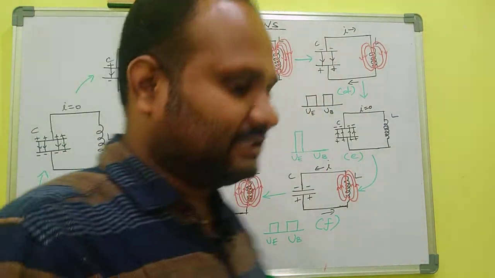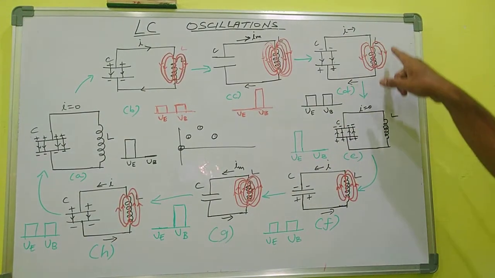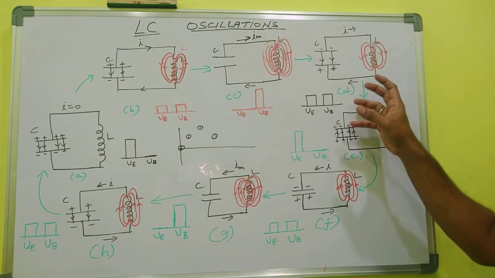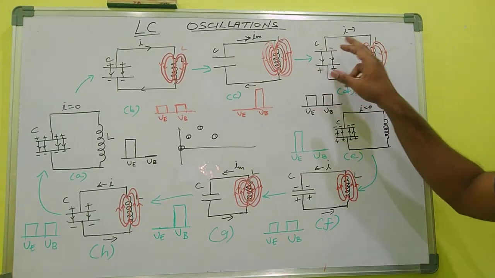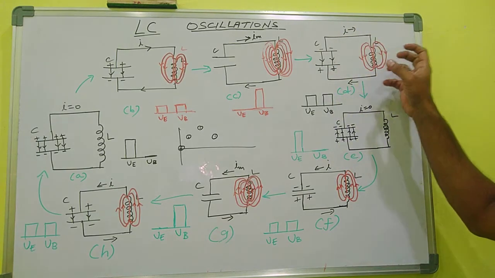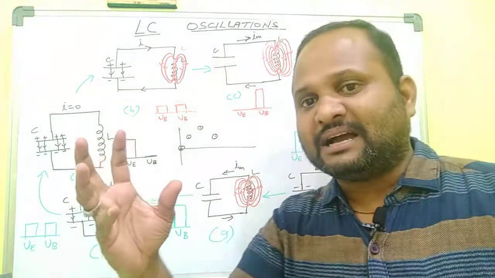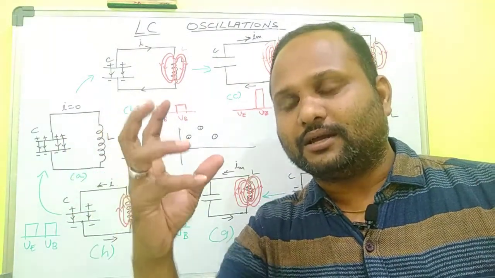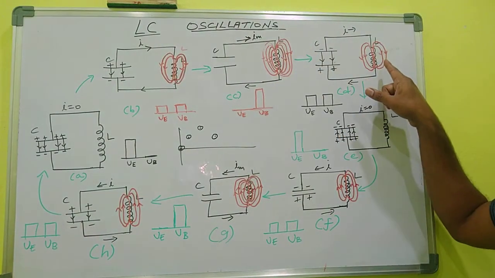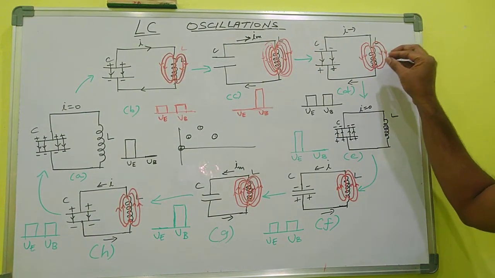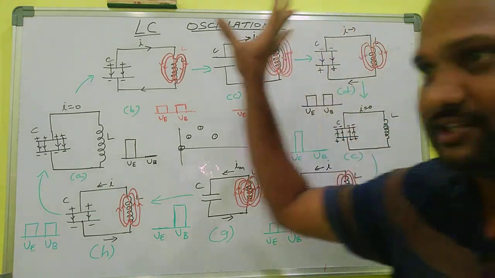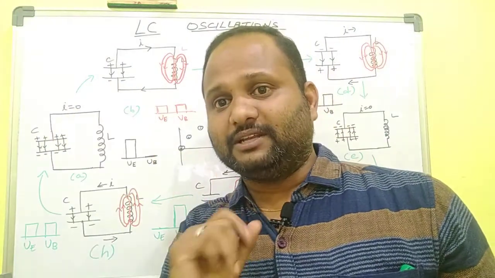Here the current decreases, but it is moving in the same direction, that is, the clockwise direction. So here the maximum magnetic field around the inductor is collapsed. Due to this, the capacitor begins to discharge in the opposite direction, because we know the property of